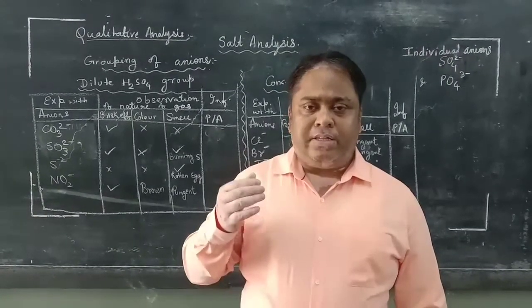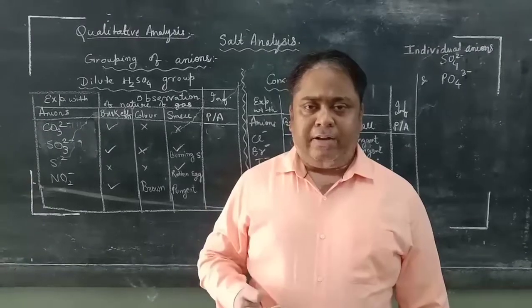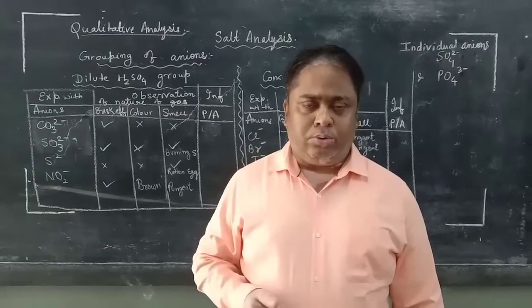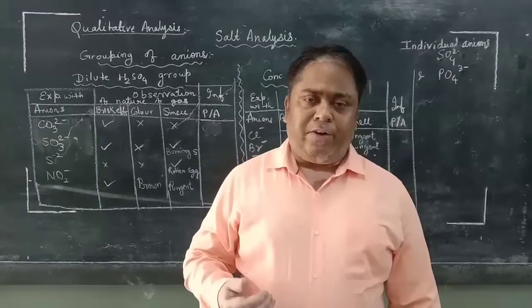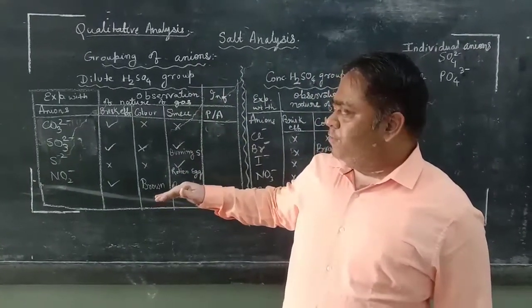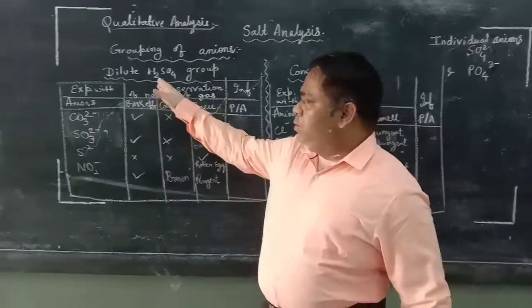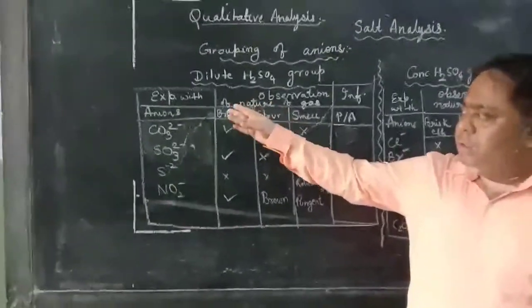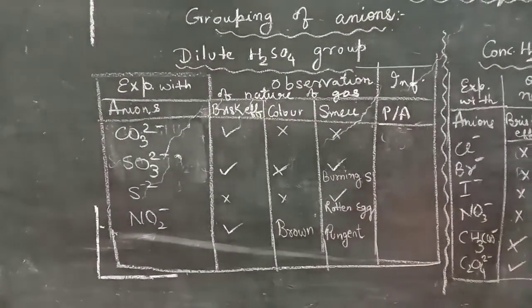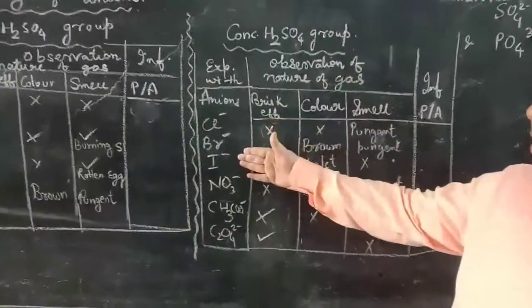Now, the system of testing is so systematic that if you don't follow it, you will land up asking your friends or people in the lab what to do and how to do it. So, seeing the difficulty of all students, we have made a chart which clearly differentiates between the anions which react with dilute H2SO4, that means carbonate, sulfate, sulfide and nitrite, and the anions which react with concentrated sulfuric acid like chloride, bromide, iodide,